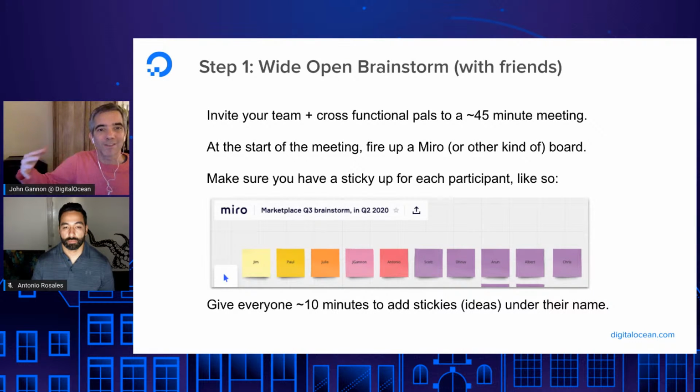So really want to keep this wide open because this is an open brainstorm. At the start of the meeting, what we'll do is we'll fire up a Miro board, M-I-R-O. It's a really nice tool to visually conduct a brainstorm in a remote team. But you can use all different kinds of things. There's a lot of different SaaS solutions out there, and many of them have free versions like Miro that will